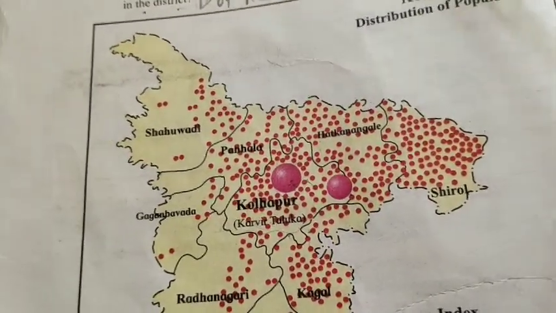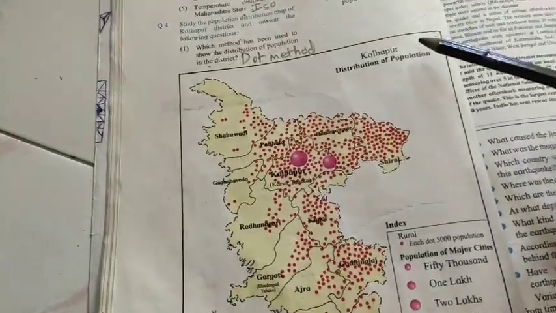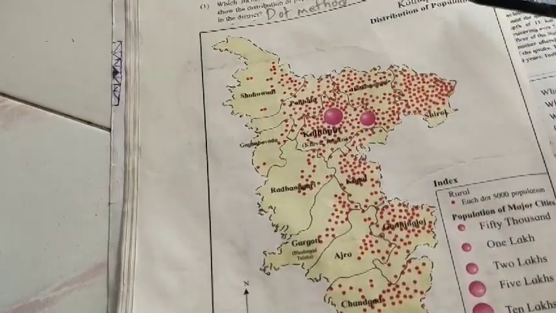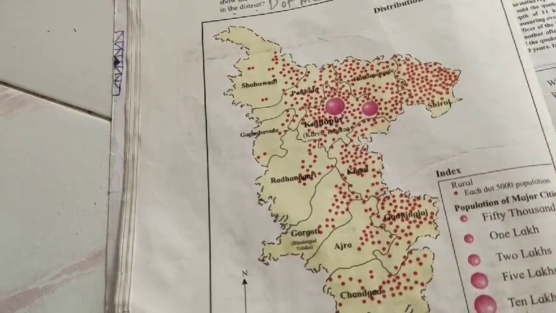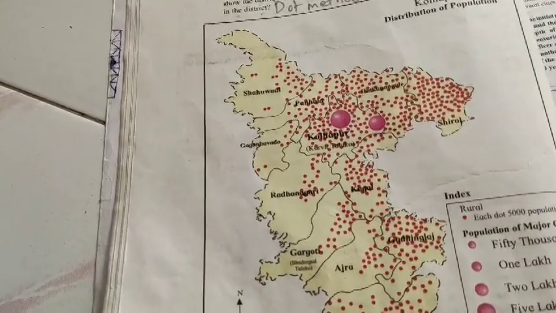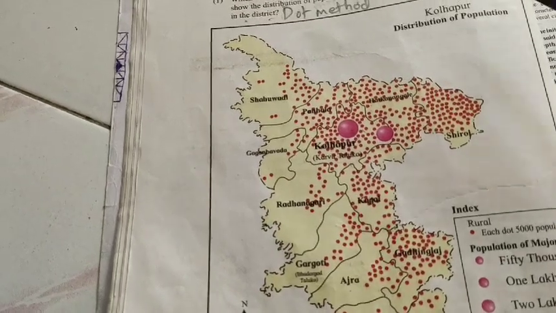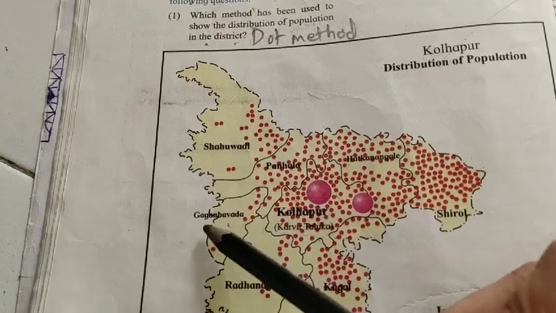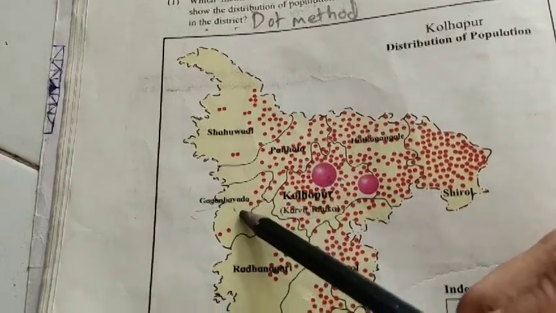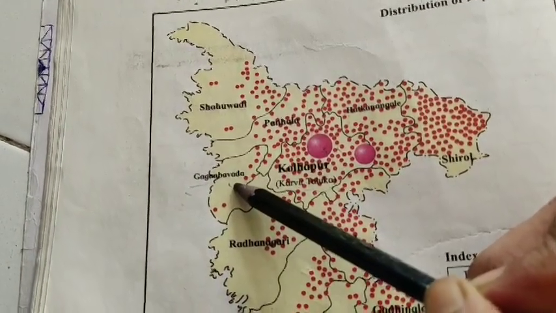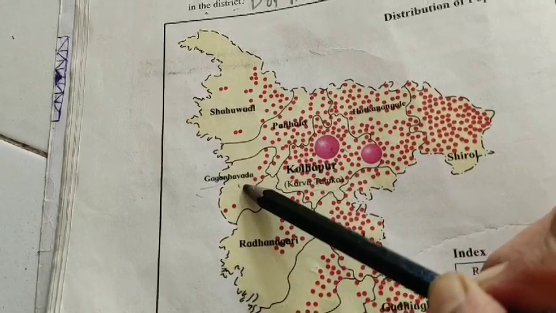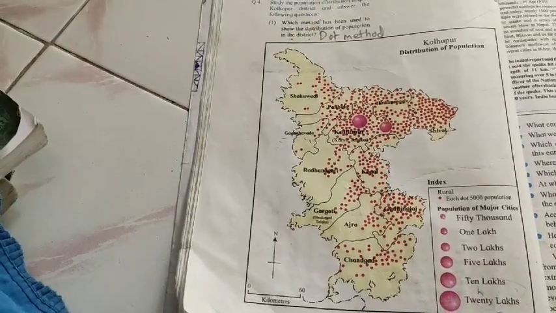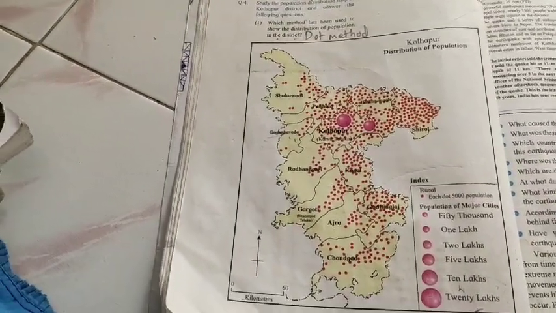Which taluka has the least population? If you look at the map carefully, you will immediately notice there is only one taluka which has the least population of all, and I can see it is Gagan Bavda here in the western part of the district. So the answer to the last question is Gagan Bavda is the taluka which has got the least population. So with this, children, we complete the question answers of lesson number 1, distributional maps.